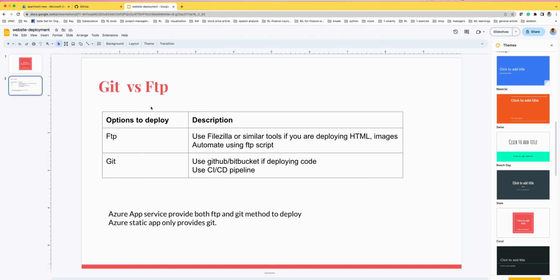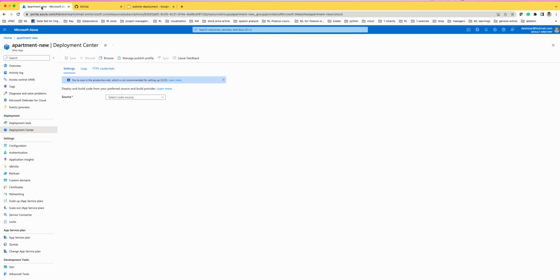See how we can deploy a website on Azure. When you use Azure, there are two options. You have Azure App Services and you have Azure Static Apps. So when you use Azure App Services, you can see in the deployment center, you can use FTP credentials, or